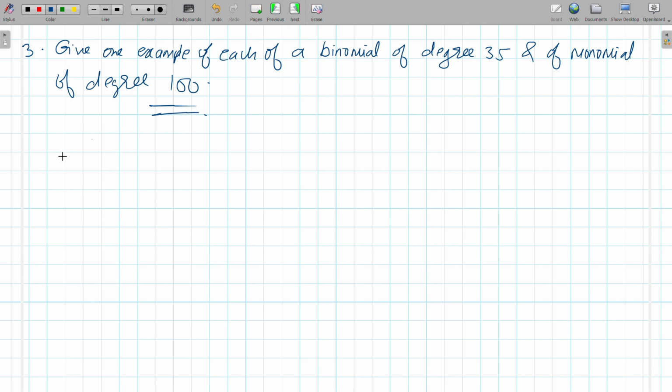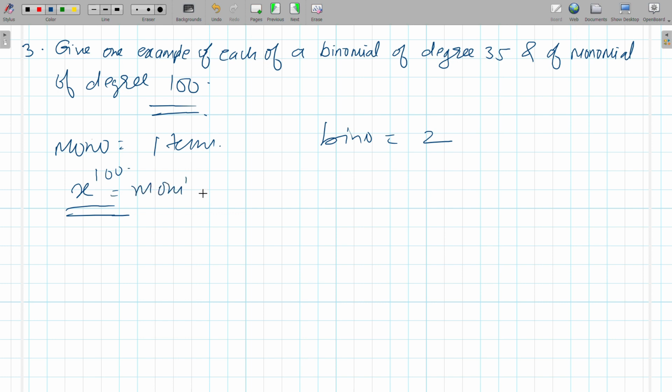So monomial means what? See, monomial means one term and binomial means two terms, right? So here monomial of degree 100 it is saying. Now let's say if I am considering x, then the degree is 100. So this is x to the 100. So monomial y is equal to monomial